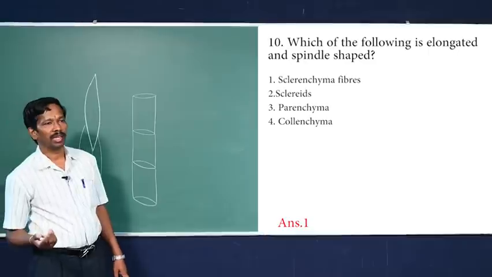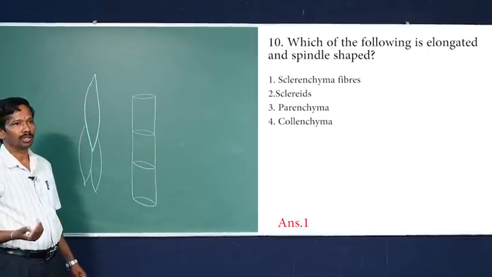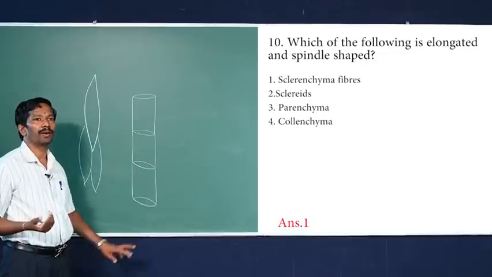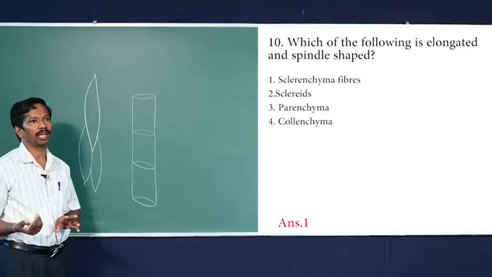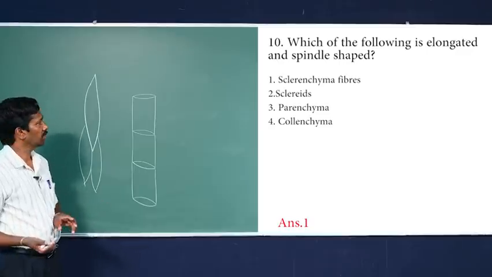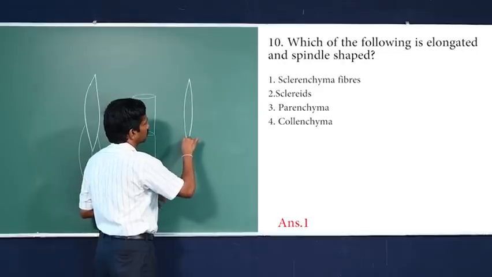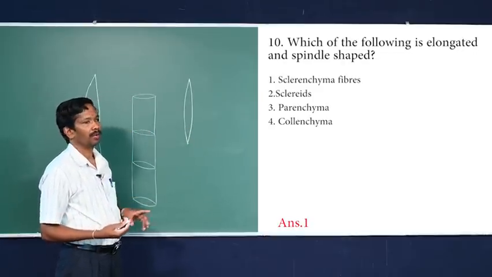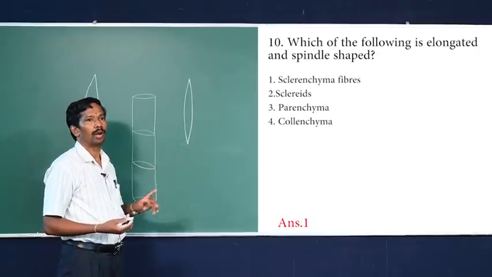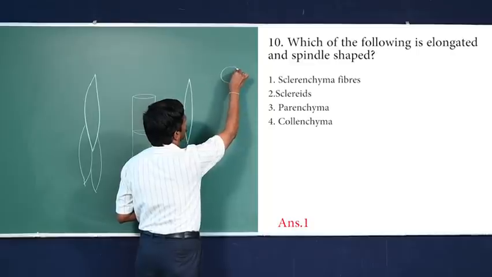Question number 10, which of the following is elongated and spindle shaped? Options given: first one sclerenchyma fiber, second option scleroid, third option parenchyma, and fourth option collenchyma. Of the 4, the first option is the answer, because sclerenchyma fibers are elongated bundled forms of a structure with a lignified cell wall, so a non-living component, and scleroids are of 5 different types represented by